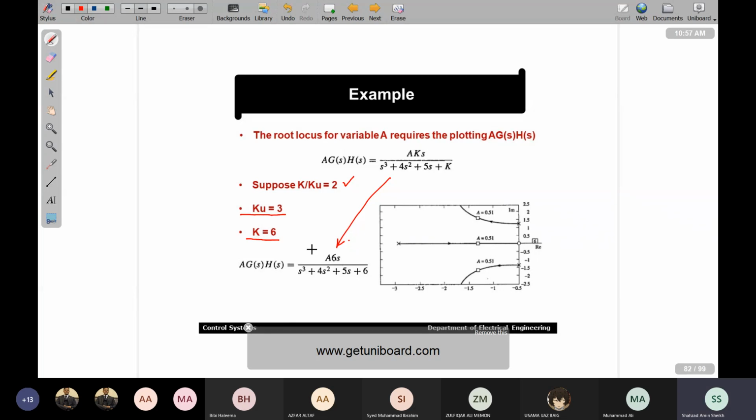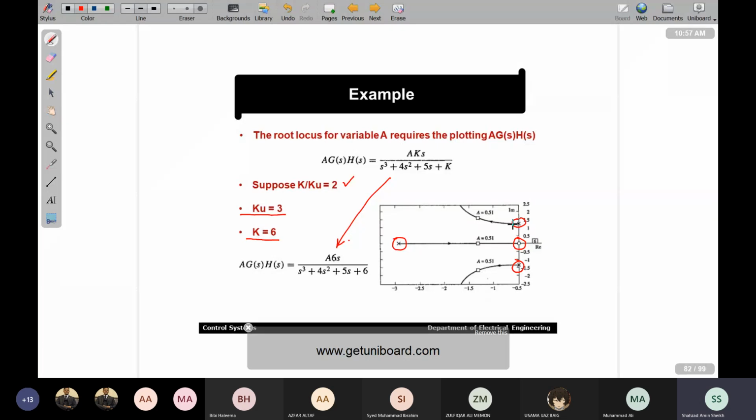So we will be using this for designing our root locus. और अगर आप इसमें देखें तो आपके पास एक open loop zero और 3 open loop poles हैं. These are the locations of the open loop poles, and that's the location of the open loop zero. And then when we will be changing our A,